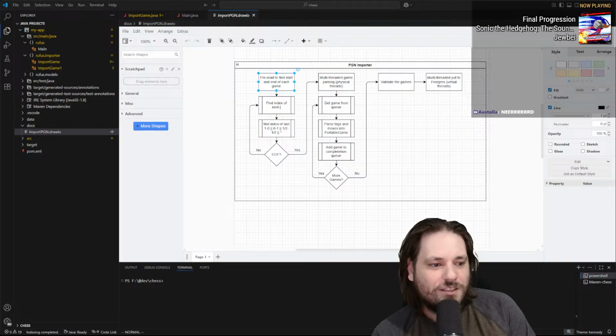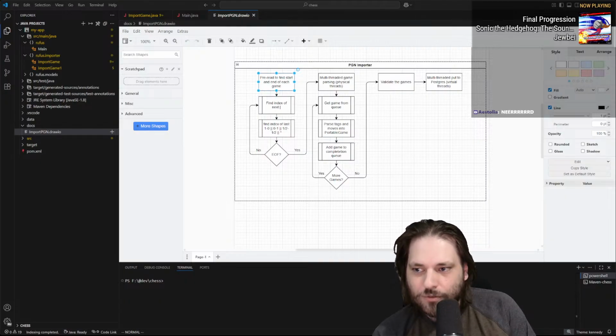So there's two aspects to this. The first part is just parsing the file, and then the second part is actually going to be managing the threads. So right now we're over here in this pre-read phase. I think the way we're going to do this